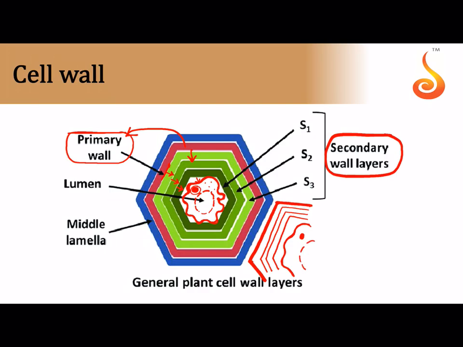So now you can see this is the primary cell wall of one plant cell, the red layer here, and this is the red layer of the next plant cell. And now notice that there is a cementing substance that is present in blue over here, and this layer, which is made up of a cementing substance, is referred to as the middle lamella. It is made up of calcium and magnesium pectate. It helps in binding the adjacent plant cells together.